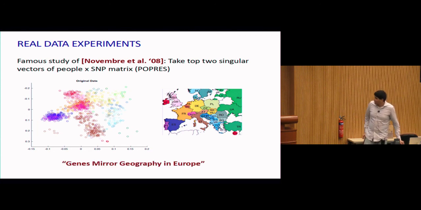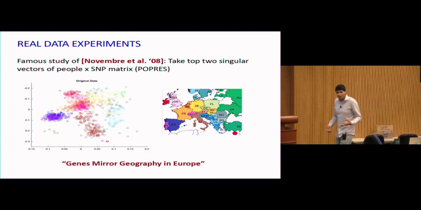This is usually called "genes mirror geography in Europe." It makes a lot of sense when you think about it, but it's surprising the first time that the directions of largest genetic variation ought to be geographic. For example, the thermocline, the average temperature in a given location, ought to be one of the biggest drivers behind genetic variation. So this was a really neat experiment.